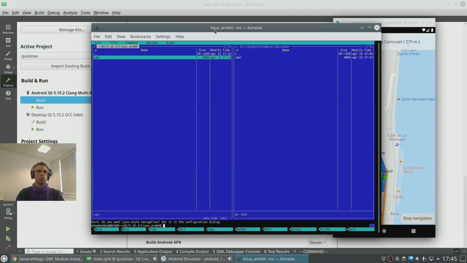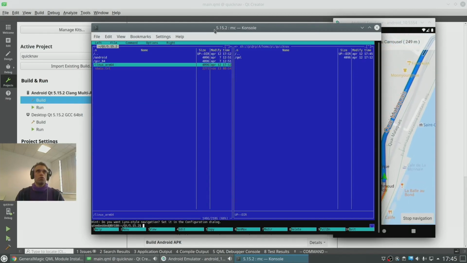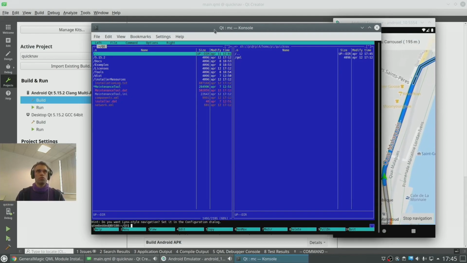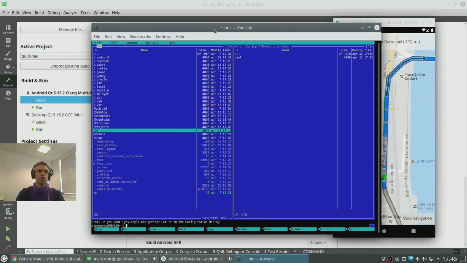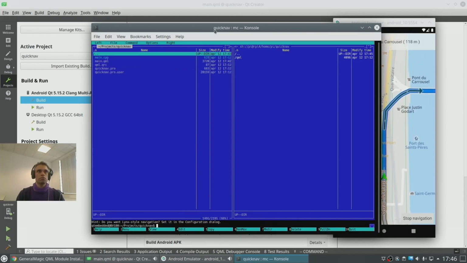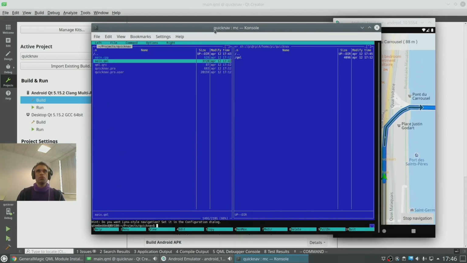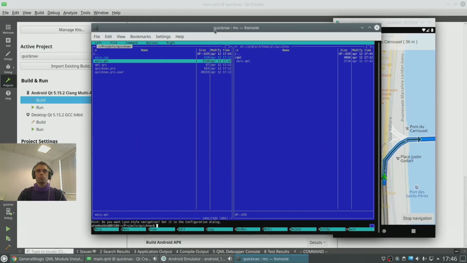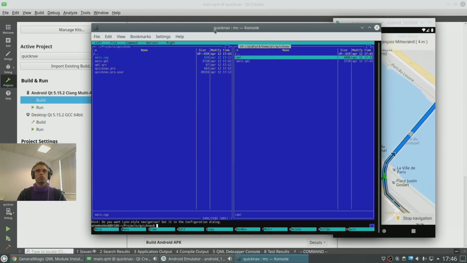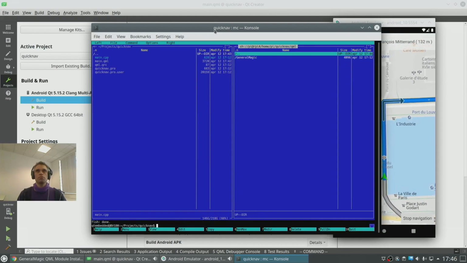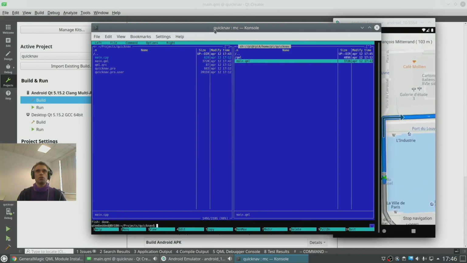It's copied to the other side. Now we also want to copy, of course, our project, which we just wrote just now. So we go here to projects where we saved it. There's QuickNav, and there's MakeQML. We copy that too. And there it is. Great. We check QML, General Magic. There's the plugin, and there's our project.